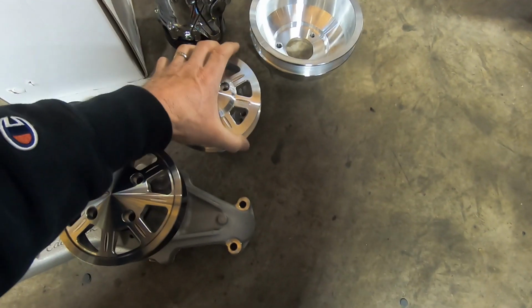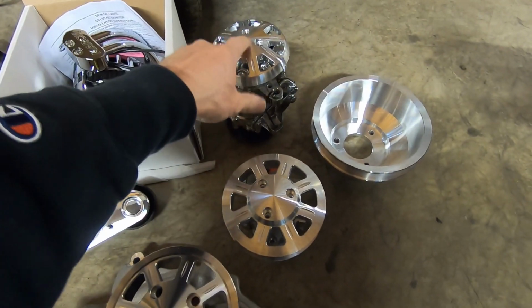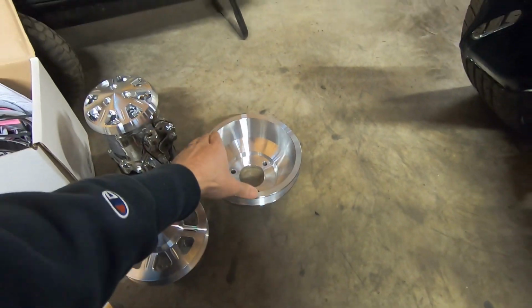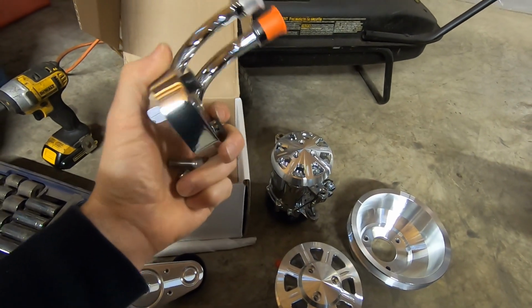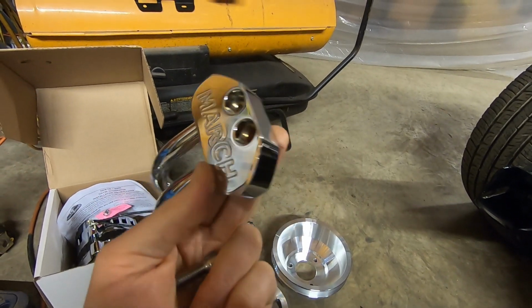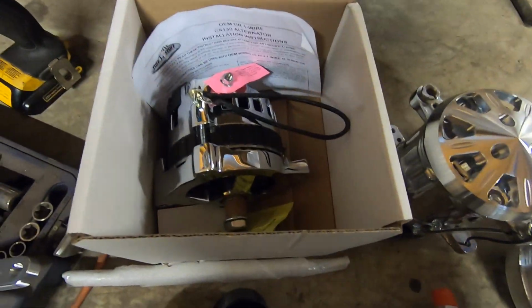So a new power steering pump, power steering pulley, of course, a brand new AC compressor with a cover for the pulley, of course a lower machined billet main balancer pulley, crank pulley. We also got, this goes to the AC compressor. Just dropped my bolts out, but that is incredibly nice, like highly chromed, polished. That's sweet. A new alternator in there with a ground strap, some brackets up there sitting on the intake, and